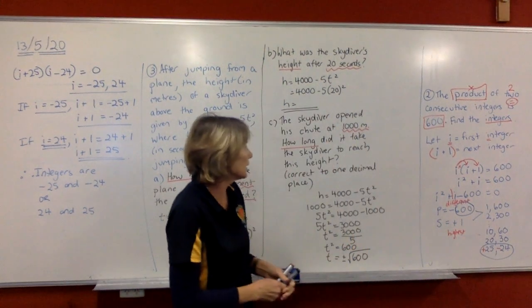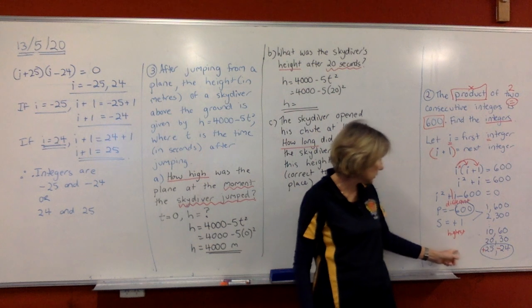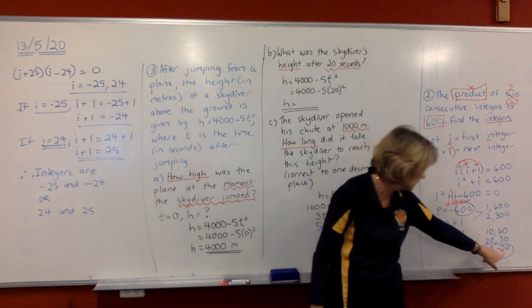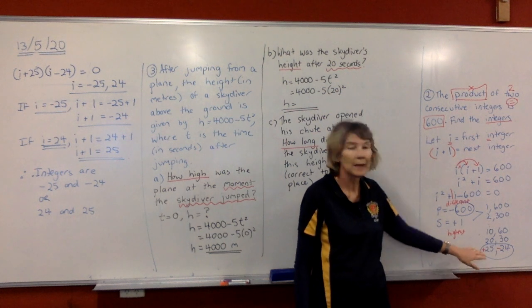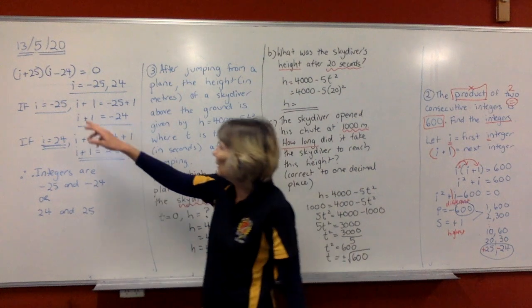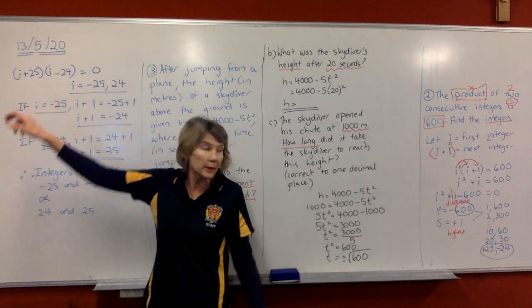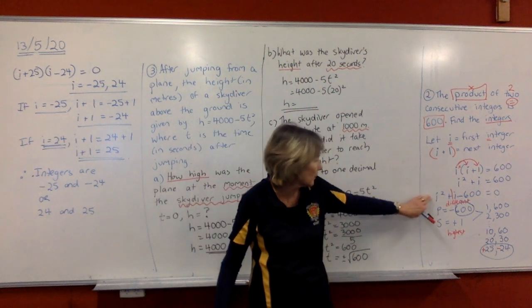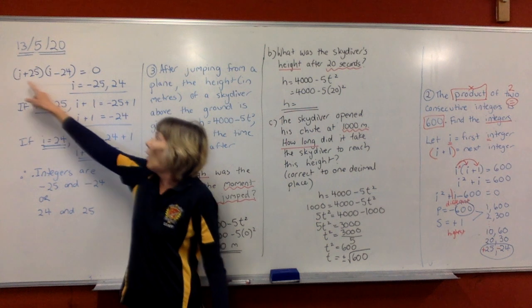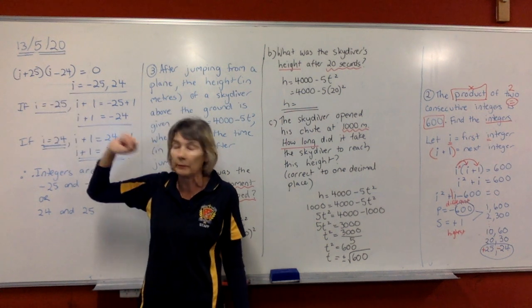So boys, we're going to continue with this question we started over here. So you're down to here so far, and we're going to be using plus 25 and minus 24 as the numbers to go in for our factors. If you look over here, we're taking that plus 25 and minus 24 and putting it into the bracket with I. We're factorising a letter with I here. So brackets, I in the beginning of the brackets, and put your plus 25 and your minus 24 in,